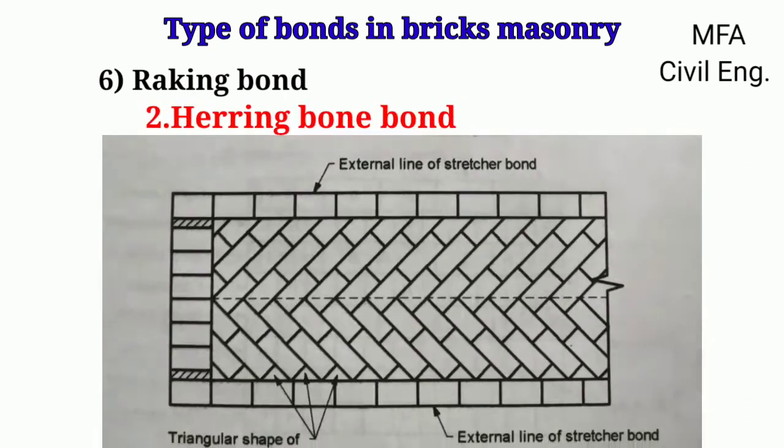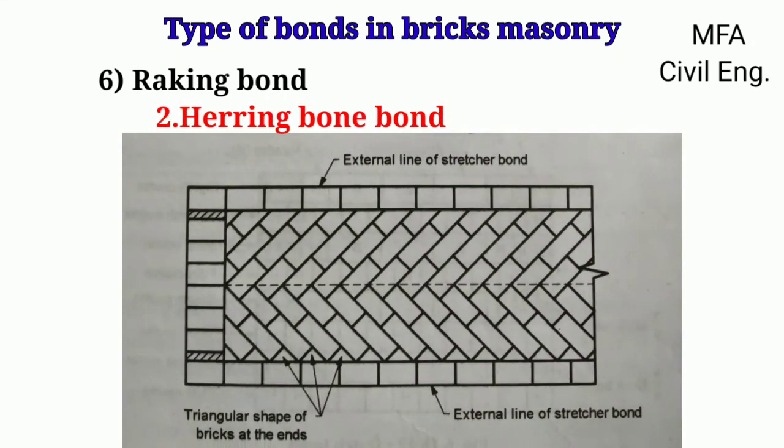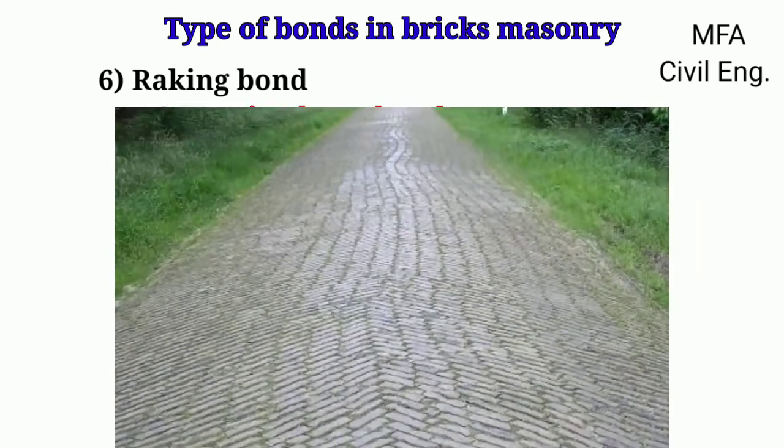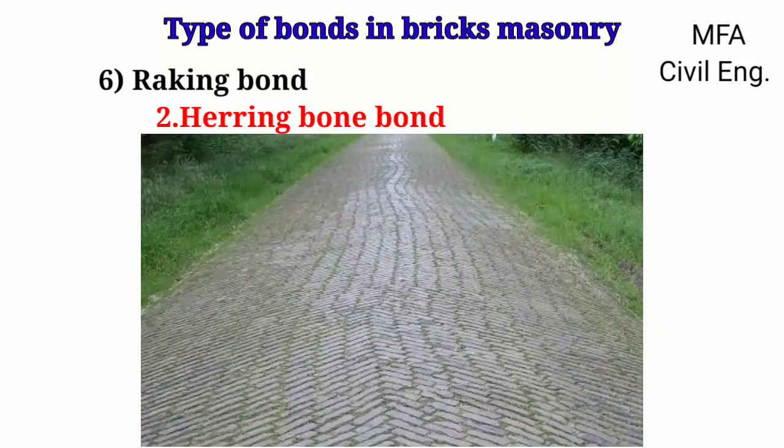In the herringbone type of racking bond, the bricks are arranged at 45 degrees in the opposite direction from the center of the wall thickness. Note that the direction of the bricks is changed in every alternate course, and the bond is introduced at a regular interval in the wall. When the wall is thicker than 4 bricks thick, then herringbone bond is quite suitable. This type of bond can also be used for brick flooring and ornamental finishes to the frontage of the wall.